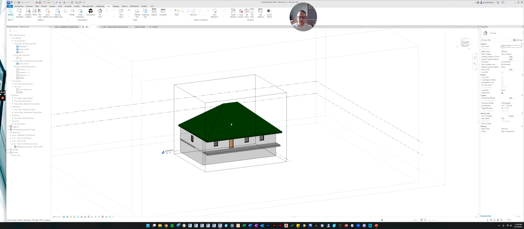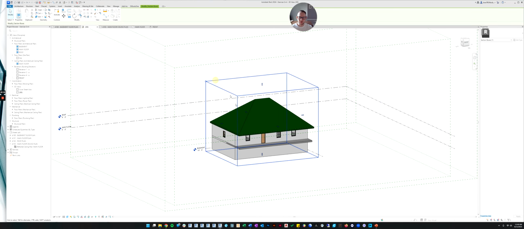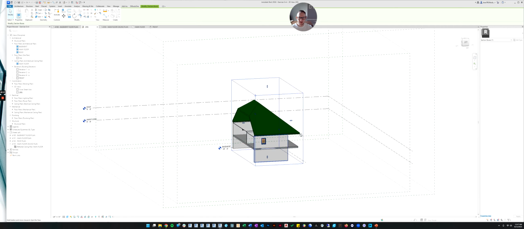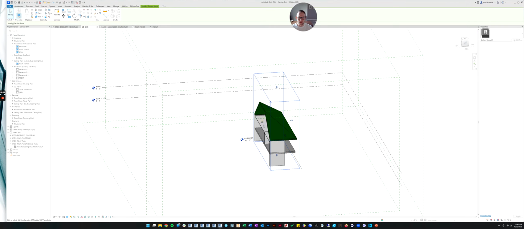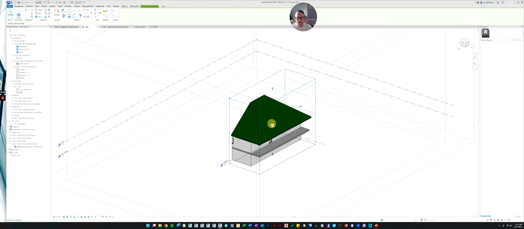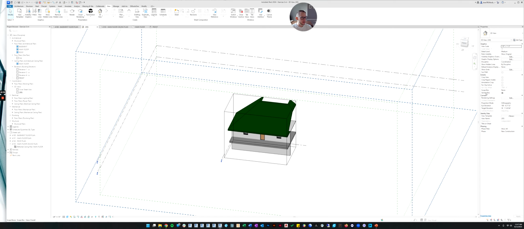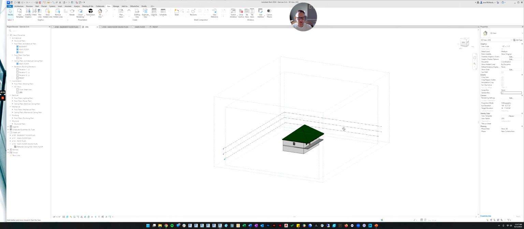Now, I don't think I've taught you this before. If your view has been cropped like this, you can also move it around. This doesn't actually affect the elevation anymore. It only affects this 3D view, but you can move this around in order to see inside your building if you like. And then when you're done, you can come over here, deselect everything, so you're in the view properties. And if you come over here, you can turn off the section box, and it'll take that away.